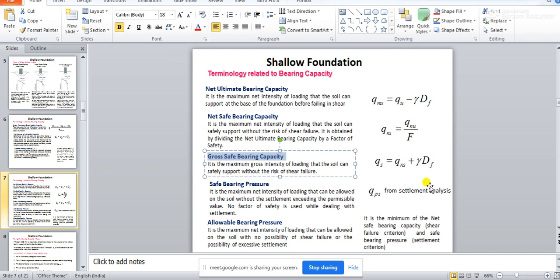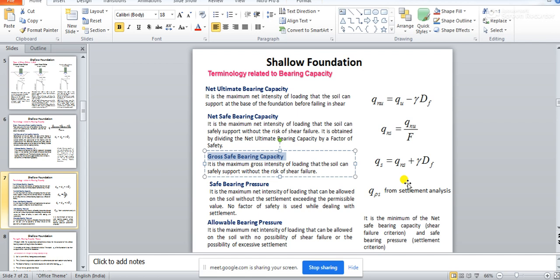So, you see, in this way, through these three terms, what we are actually trying to do is remove the effect of factor of safety for the overburden pressure, because you see here we have not applied any factor of safety, and after subtracting the overburden pressure, we are applying factor of safety, and again we are going back, again we are going forward, and then adding up the overburden pressure without any factor of safety, because for the soil overburden pressure we cannot take any kind of factor of safety as such.